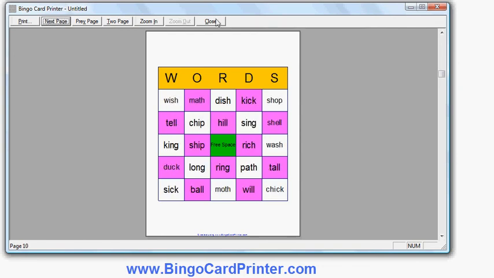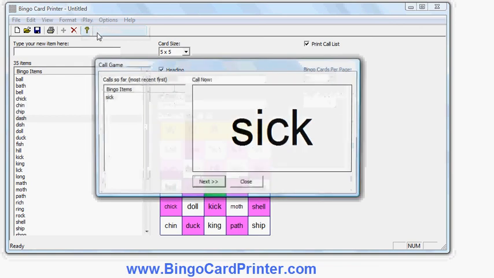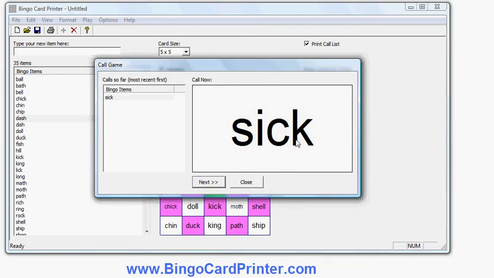All 50 bingo cards are different. If I close the preview, I will now just show you this other option I mentioned called Call Game, which will help you choose items as a bingo caller during gameplay without having a call list. It's an alternative to using the call list. Simply go here to the play menu, click Call Game. Software chooses one word here, displays it on the right hand side, shows the current word here and any previous